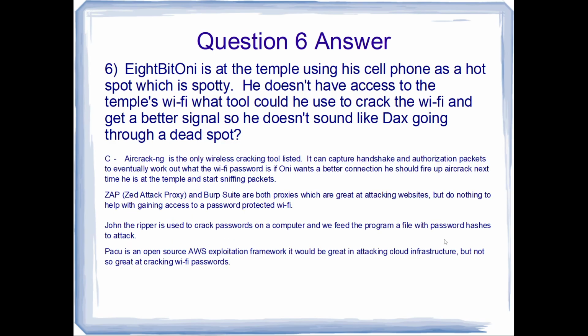If you said Aircrack-ng, you would be correct. This is the only wireless cracking tool that is listed in these options. It can capture handshakes and authorization packets to eventually work out what the Wi-Fi password is. If Oni wants a better connection, he should fire up Aircrack next time he's at the temple and start sniffing packets. One thing he shouldn't do